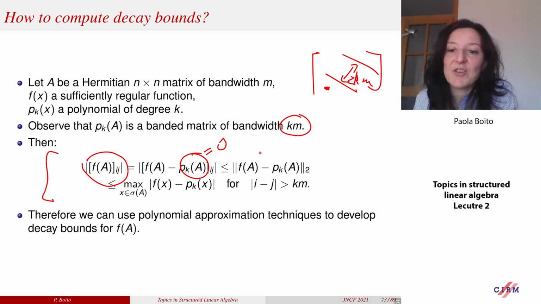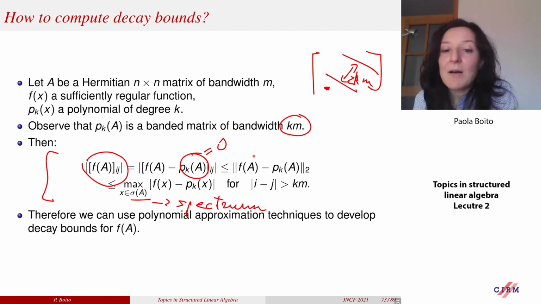So when I look at the 2-norm, since the 2-norm is unitarily invariant, I can just look at what happens on the spectrum of A. So sigma(A) is the spectrum. And bound this 2-norm of the difference between f(A) and p_k(A) as the maximum of |f(x) minus p_k(x)|, where x varies over the eigenvalues of A, right? Okay. And so if p_k is a good